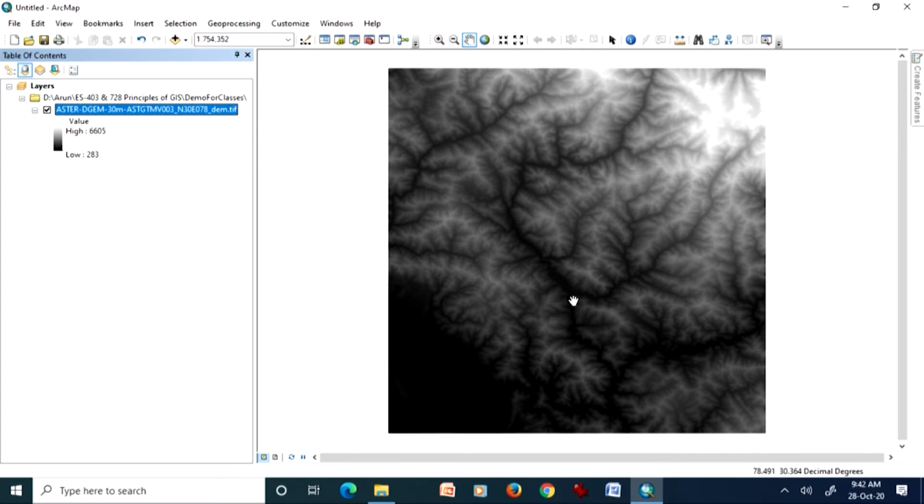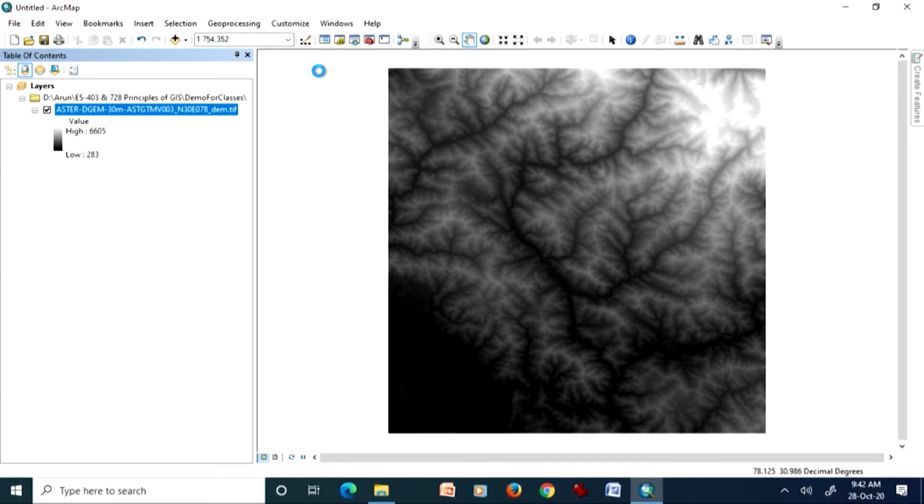Now, we will perform slope. First, we will perform the slope calculations or prepare a slope map using this digital elevation model. As you know, there are 2 ways to do it.